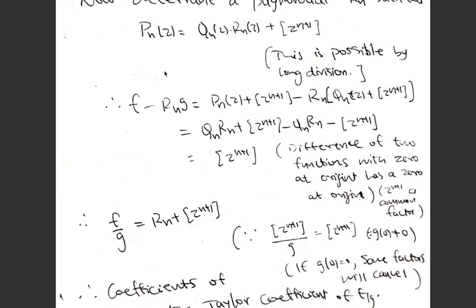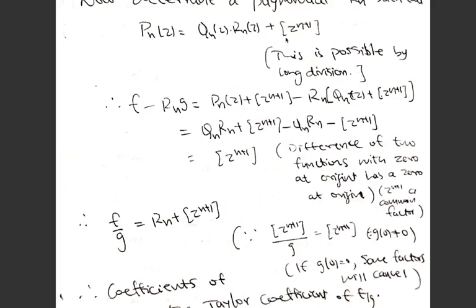You need to obtain a polynomial. Now you have Pn(z) and Qn(z). Now what we do is perform the long division. Means you put Pn(z) and divide by Qn(z) in such a way that you obtain a term like this as a remainder. That is always possible with any two polynomials. You perform the long division.